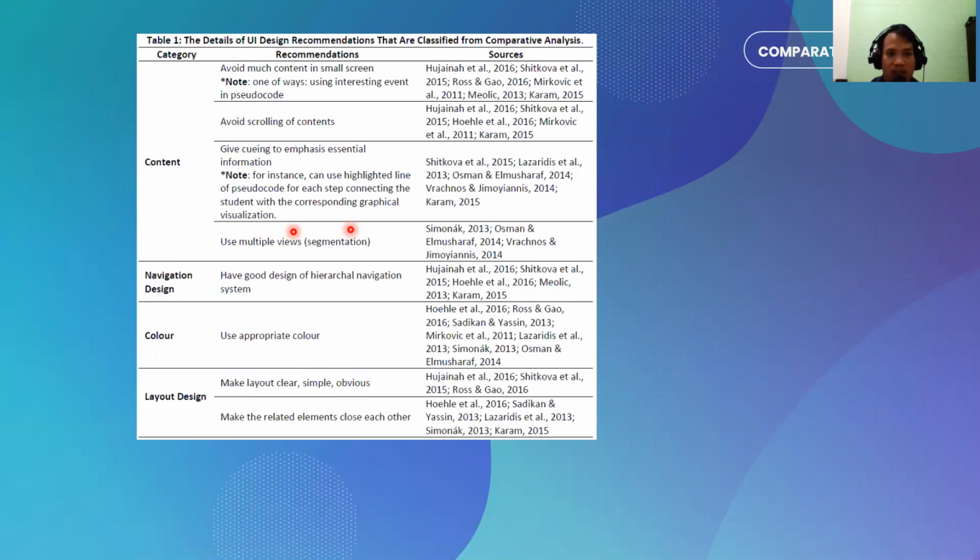First recommendation, I'm so sorry. First of all, there are 4 categories. The first is about content, and it consists of 4 recommendations. So let me read for you. Avoid much content on a small screen, because the smartphone is very small. So one way or another, we have to make it as simple as possible. One way is using interesting events in pseudocode. Interesting events in pseudocode itself means we need to